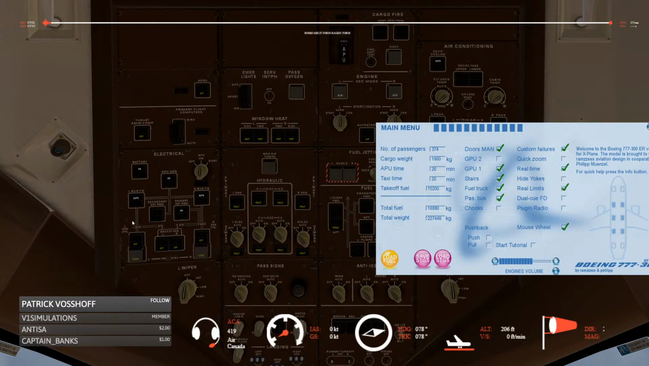Are you using Active Sky? No, I am not using Active Sky. I'm using default X-Plane weather